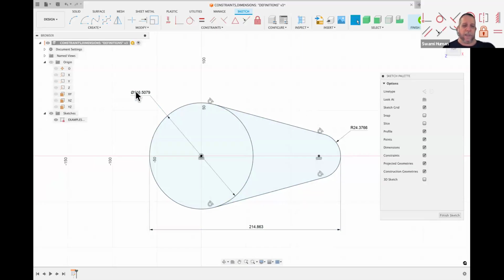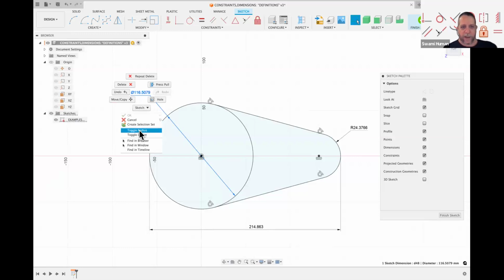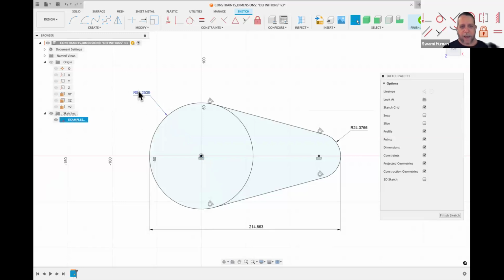Now, I might want this one to depend on that one. But I want the radius to compare to the radius, not this old diameter. So, a little note to a lot of people, you right click on here and just switch it to a radius. And now that value is half of what it was because it's now just the radius. So that's handy. Now, if I edit this one with a double click, I can reference